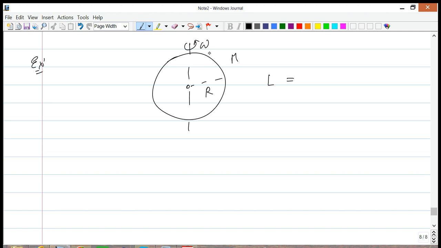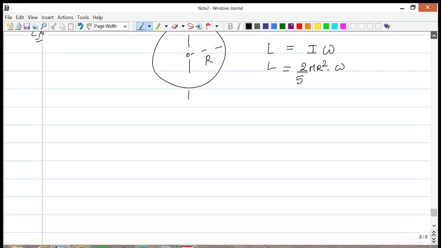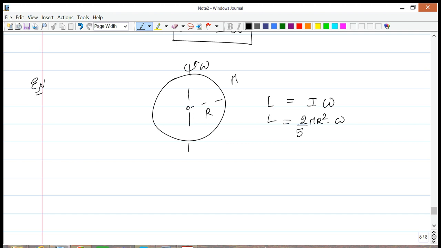Okay, and we'll use our definition: L equals I times omega. That's it. Now you know what I is for a solid sphere. It's 2/5 mr square. We'll multiply this by omega, and this is essentially what we are looking for. So if you know I, finding the moment of inertia, finding the angular momentum is very simple. Okay, and if you know the angular momentum, we could also find the kinetic energy of this object, and kinetic